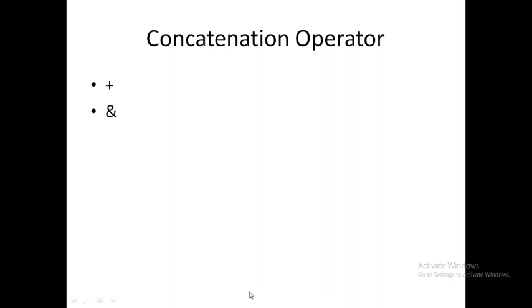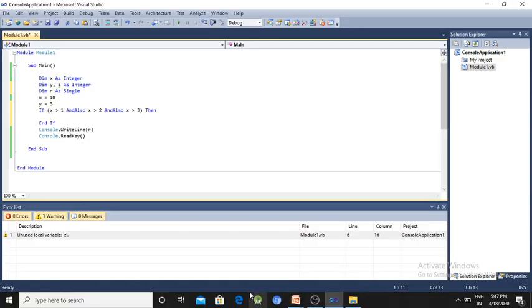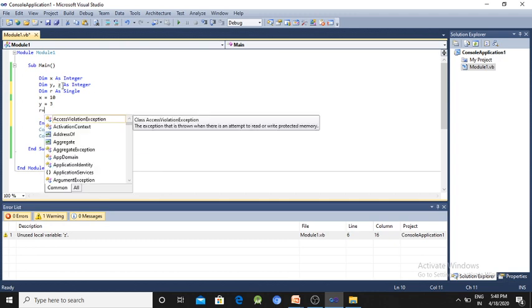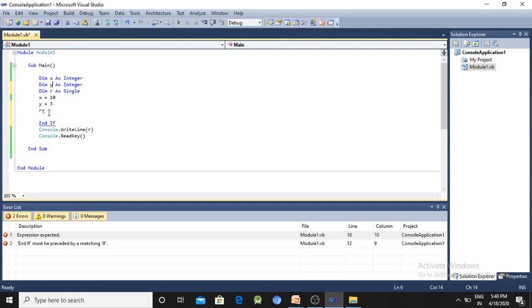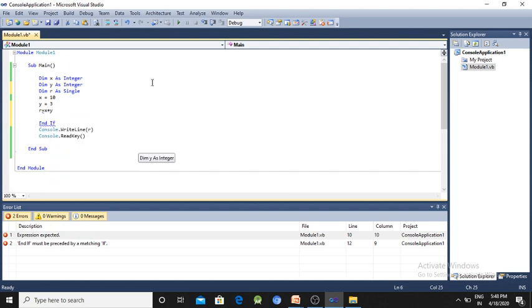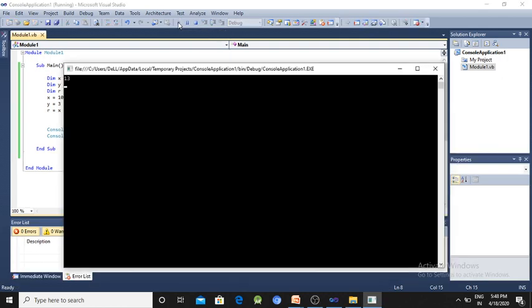Suppose r equal to x plus y, then what is the output? The output is 13.